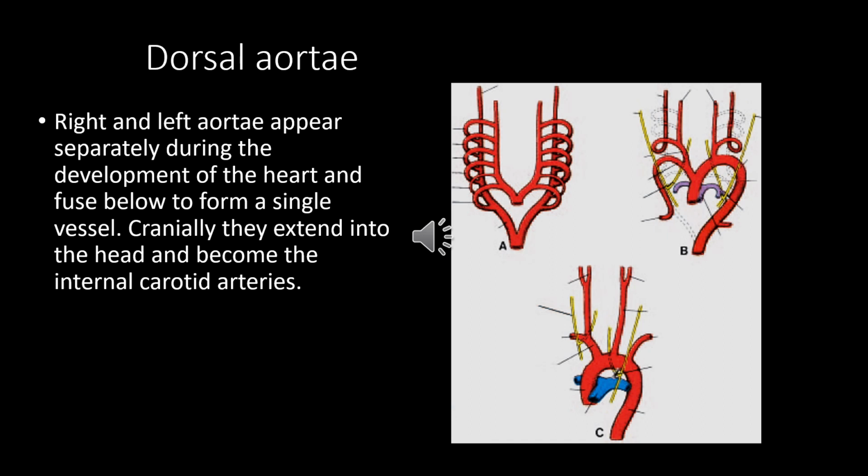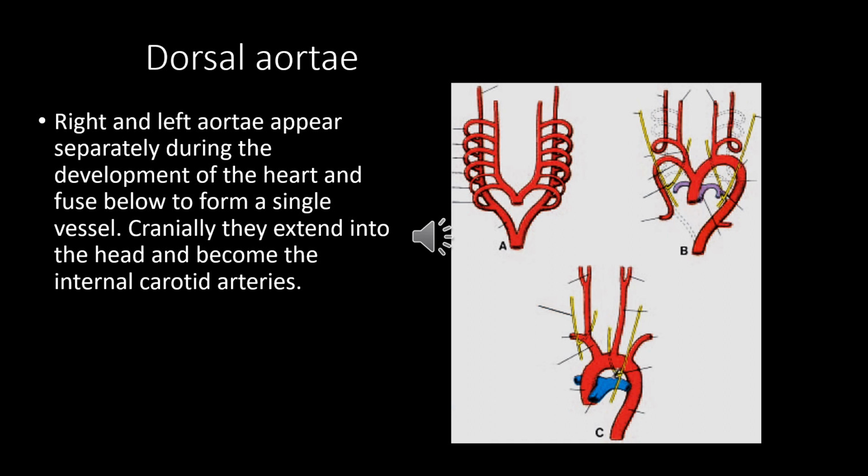Now we will come to the description of these dorsal and ventral aortae. So the dorsal aorta, in fact it is the one that shall form later on the descending thoracic aorta and the abdominal aorta. So in the beginning there are 2 dorsal aortae, right and left, which have fused caudally to form a single trunk, and this is also reflected in the adult anatomy. If you remember, the arch of aorta